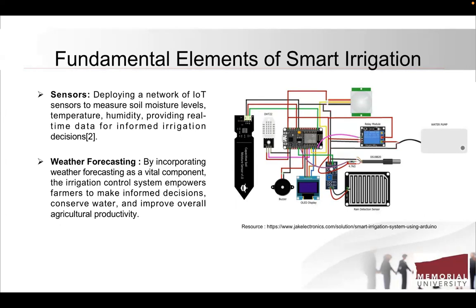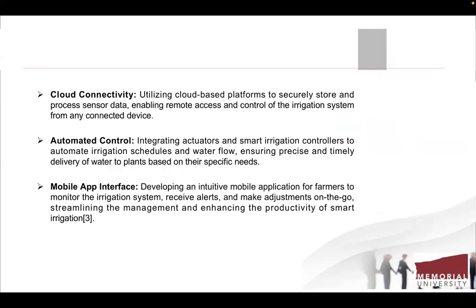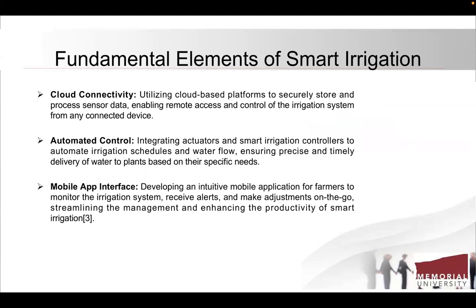By incorporating weather forecasting as a vital component, the irrigation control system empowers farmers to make informed decisions, conserve water, and improve overall agricultural productivity. Also, I have cloud connectivity in this: